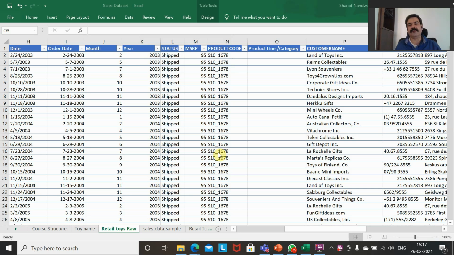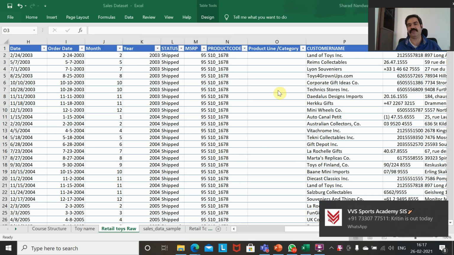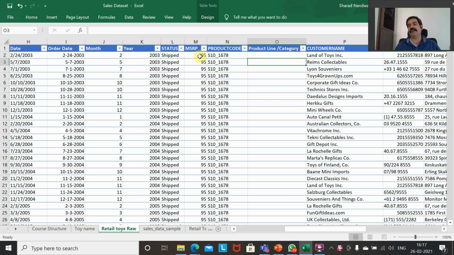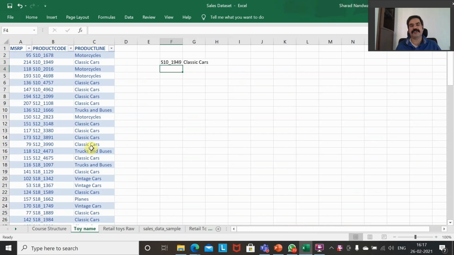Hi. So many a times you will get data sets in Excel in which you will have codes and you would need to look up the values corresponding to those codes. Take for example this sales data sheet, I've got a product code and when I want to do my analysis, I want to have the corresponding product line in a category. And in this case, I have the codes and the corresponding product codes and product lines on a separate